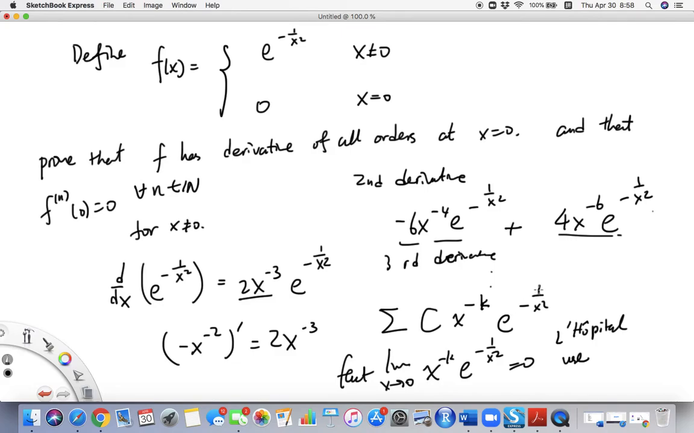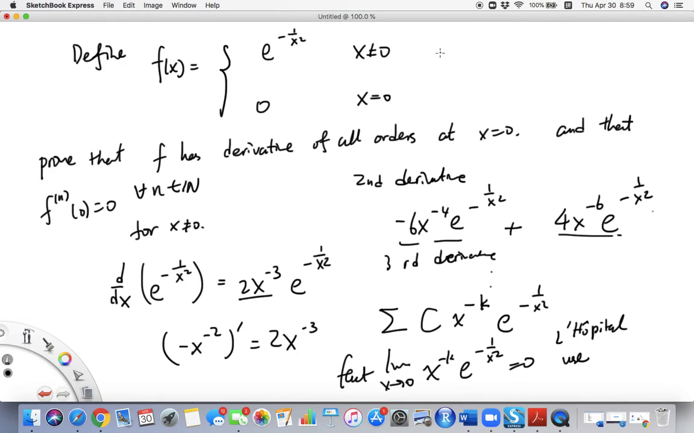Okay, so here's an interesting phenomenon. First of all, our function is not equal to 0. It's not the zero function, right? But since all the derivatives are 0, if you think of its Taylor expansion, it's going to